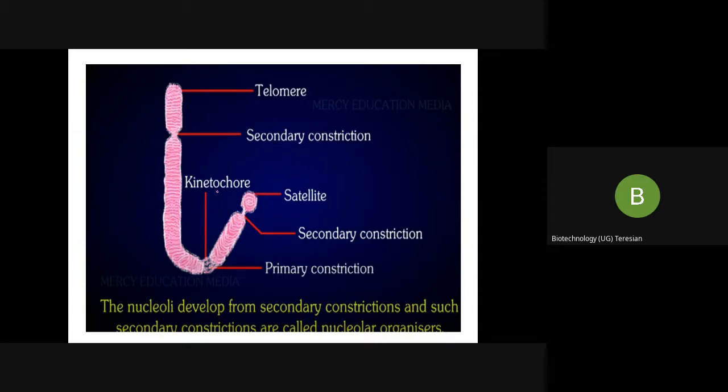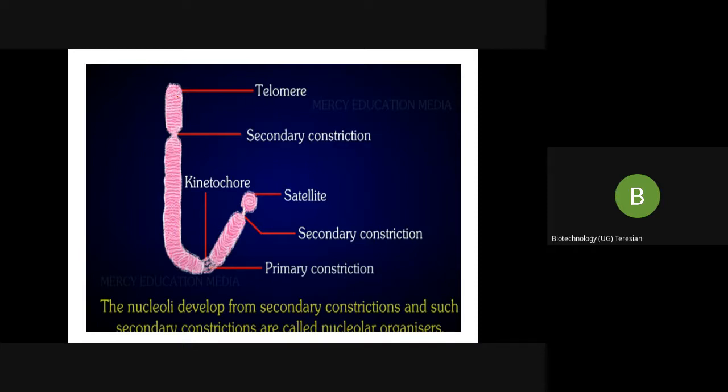So this is the typical chromosome. We have the telomeres here, and we also said that the telomeres consist of heterochromatin. So what are these telomeres and what are their functions? The DNA sequences seen at the ends of the eukaryotic chromosomes are called telomeres. I told you that they are a cap-like structure. These are called telomeres. So why are they required? They are required for the stability and the replication of the chromosomes.